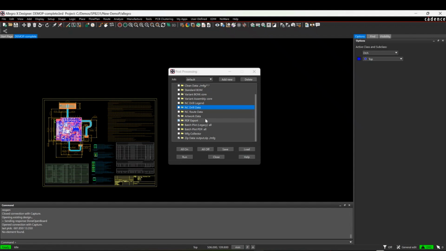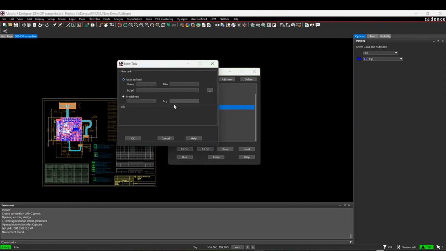There's also a methodology to add new options. So, for example, in this default list, there's not an ODB++ functionality. So what I could do here is I could just do a right mouse button and insert a new task. And then it's just a matter of setting this up. So there are a list of predetermined commands. If the one that's not there, like ODB++, for example, isn't there and you want to do that all the time, we can literally just do a script, so file script record,